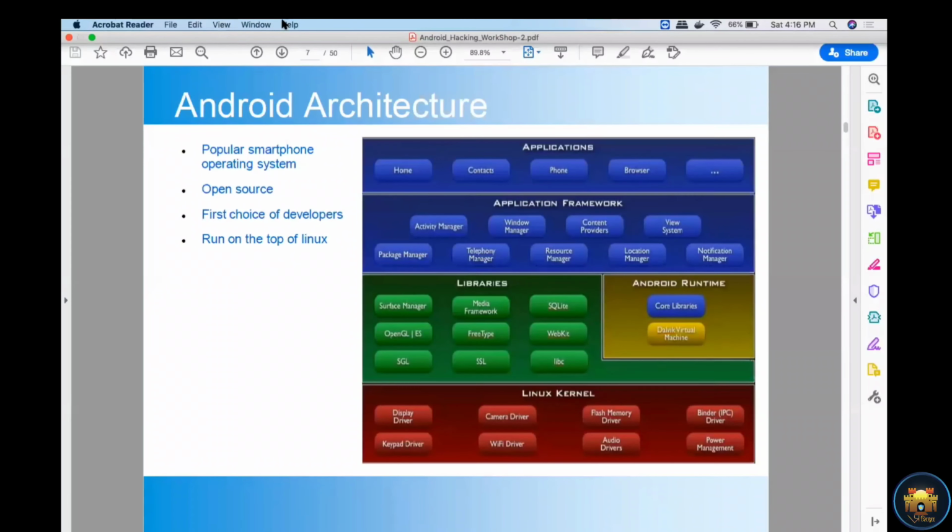And if we talk about Android runtime, there is the core library. This is mostly Java related libraries. That library can be used in application development, just like the input output library you can use here. And Dalvik virtual machine is a virtual machine optimized for this environment. Dalvik execution runs in this Dalvik virtual machine.